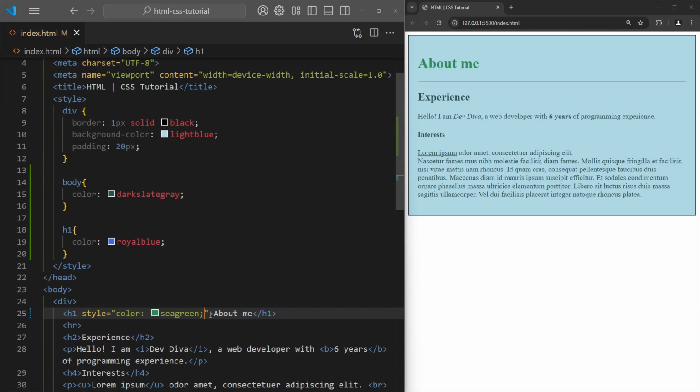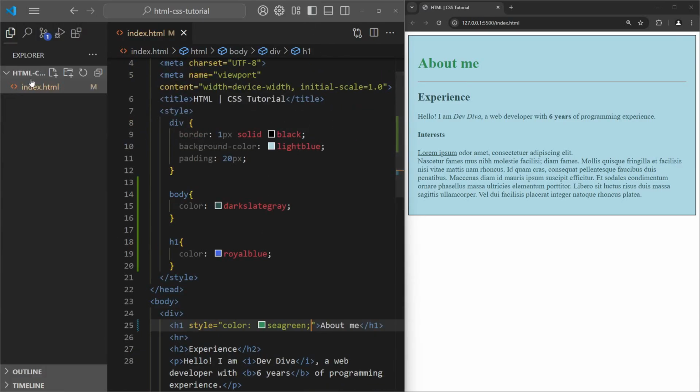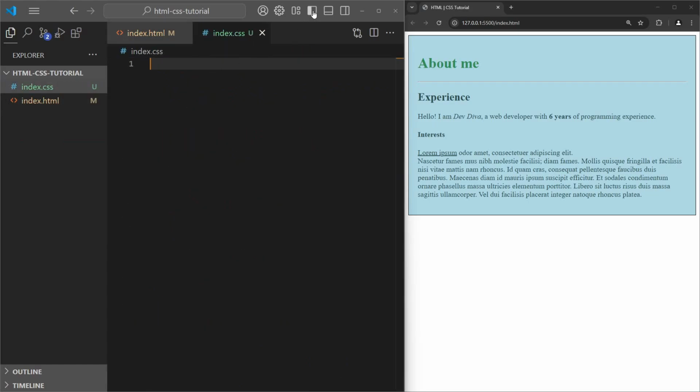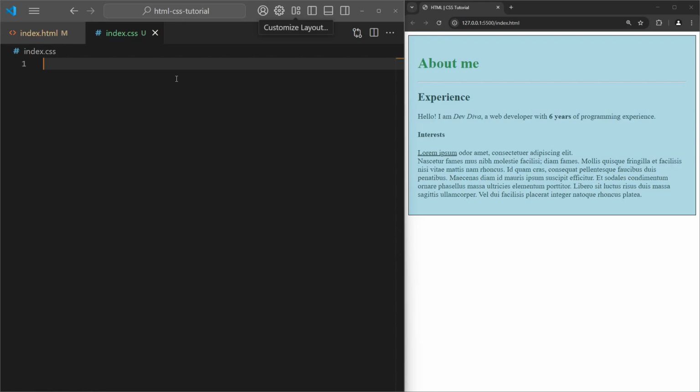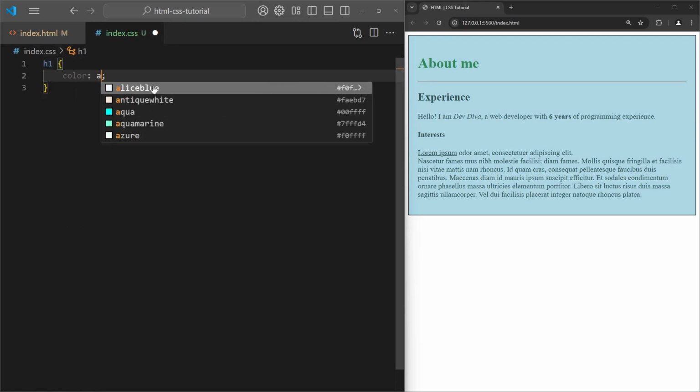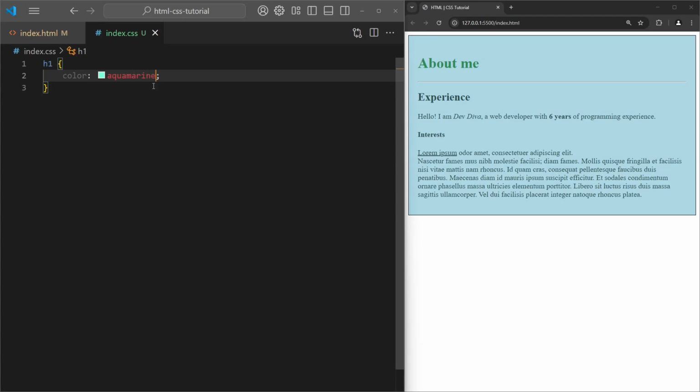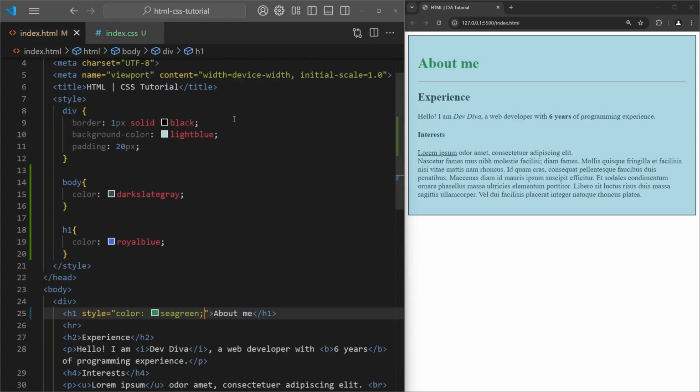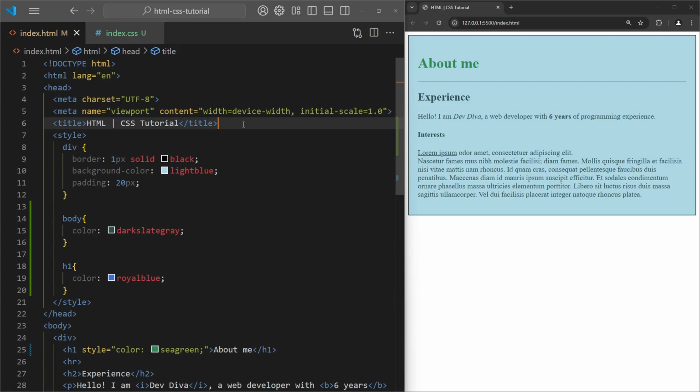A more common and scalable way to apply styles is by using an external CSS file. Let's create a new file called index.css and define styles just like we did in the style tag. H1, color, aquamarine. To apply these styles to our web page, we need to link the CSS file inside the